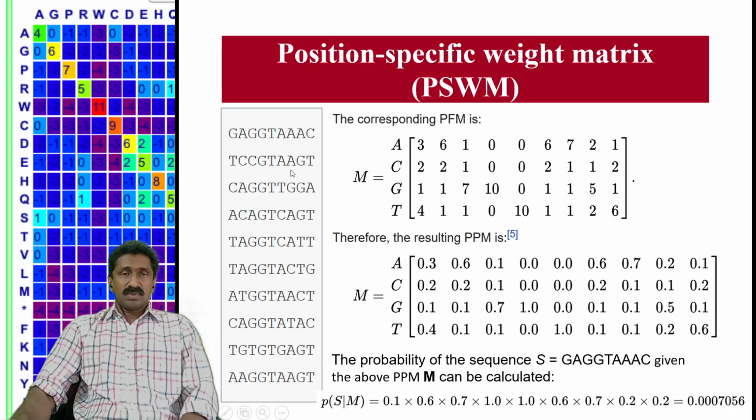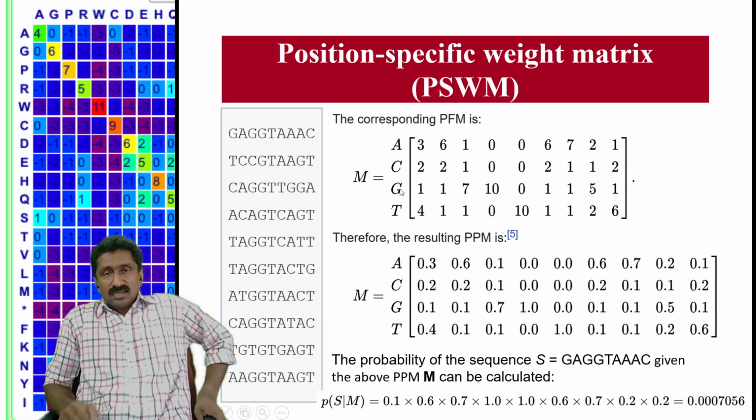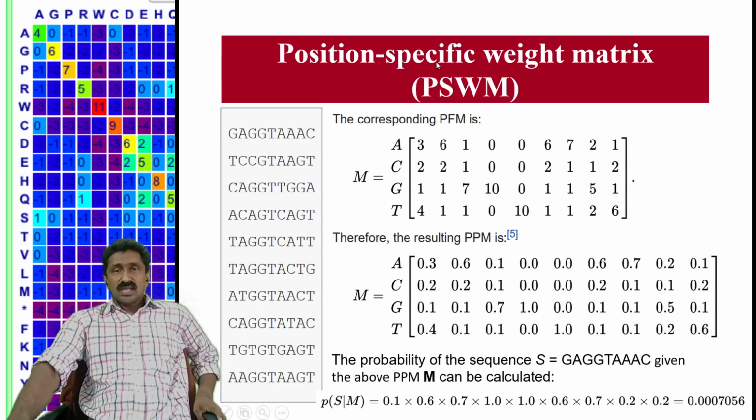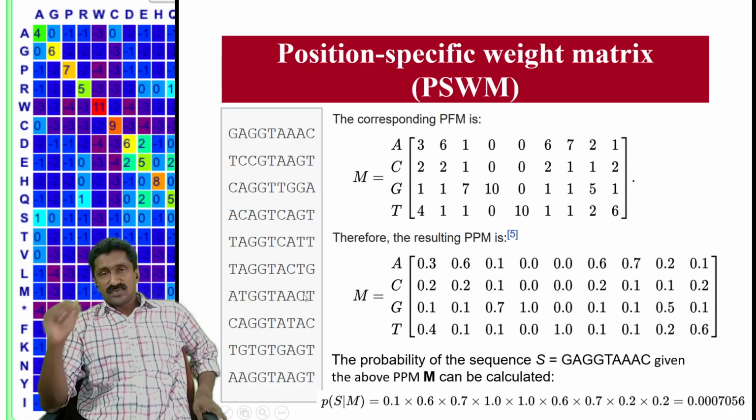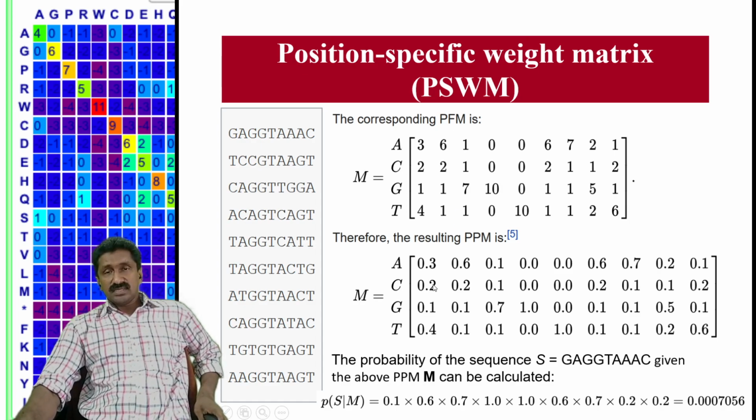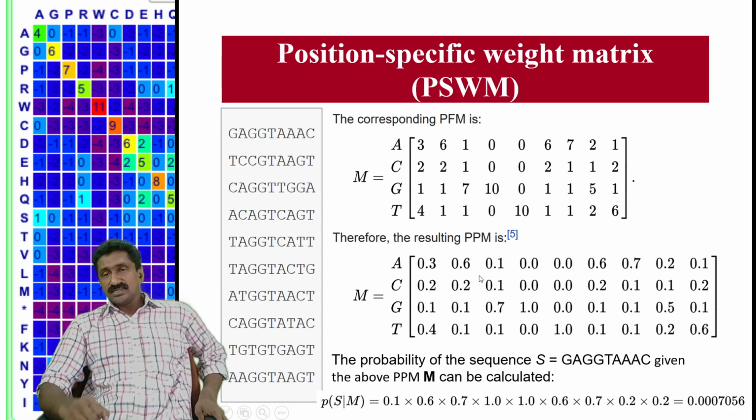So that is the probability of the bases occurring at the first position. And for every position of these similar sequences, 1st to 10th position, you will calculate the probability of each base to occur. So this is the position frequency matrix. It can be generated by counting the occurrence of the bases at each position of those 10 similar sequences. Then a position probability matrix is generated, because this indicates, for example, a 0.3 or 30% probability. So that value of the probability is generated in the next step. That is the second step.